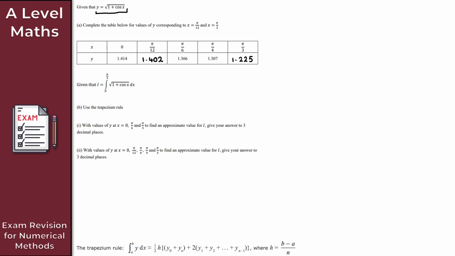So now for the second part of this question, part B, we're given that I is equal to the integral of the square root of 1 plus cos x with respect to x from 0 to pi over 3. For part B, it says use the trapezium rule, and for the first part, with values of y at x equals 0, pi over 6, and pi over 3, to find an approximate value for I, giving your answer to 3 decimal places. So for B part 1 then,